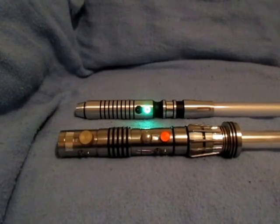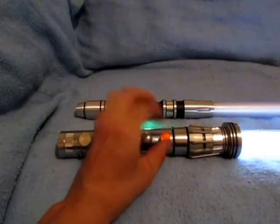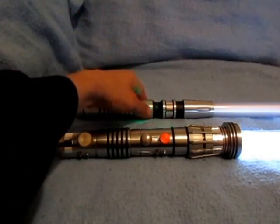Alright, this is the last test. I have both sabers in the other room on the love seat with obviously a blanket behind them. I think it's two or three bulb incandescent light in here, and it's a fully lit room, and it's getting dark out. It is almost dark out, so this is the, there we go. You can still see it lights up, not very good. And then this one,